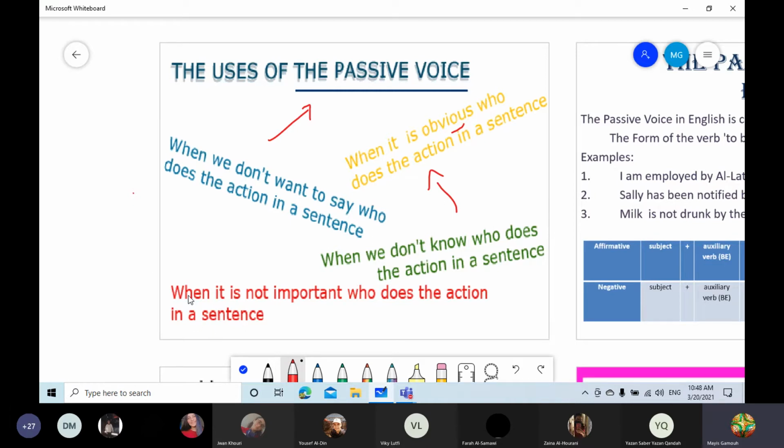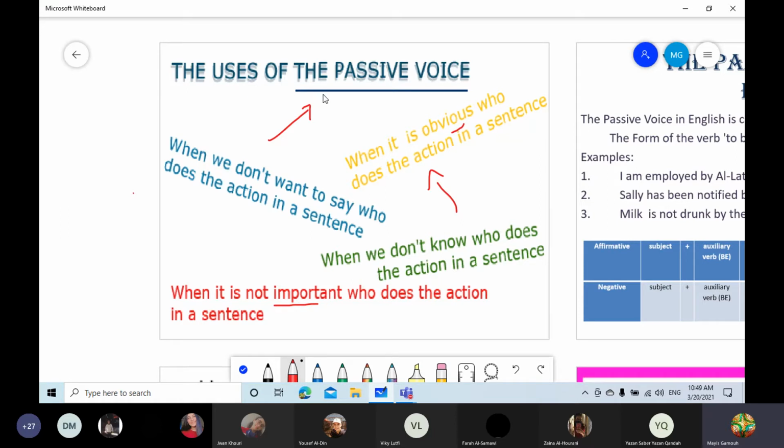And use number 4, when it is not important who does the action in the sentence. When it is not important, as we said before, our action and the receiver, the object, is more important than the subject in our sentence, than the doer of the action. So here, one more time,